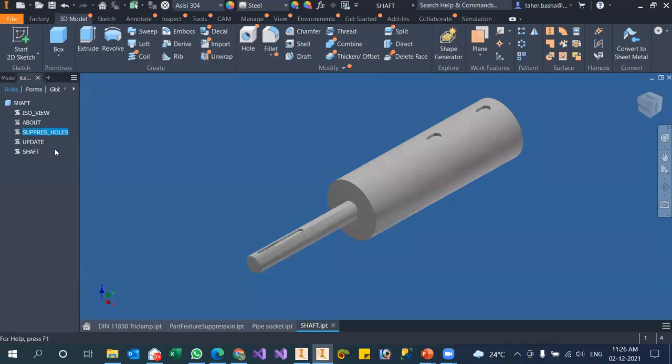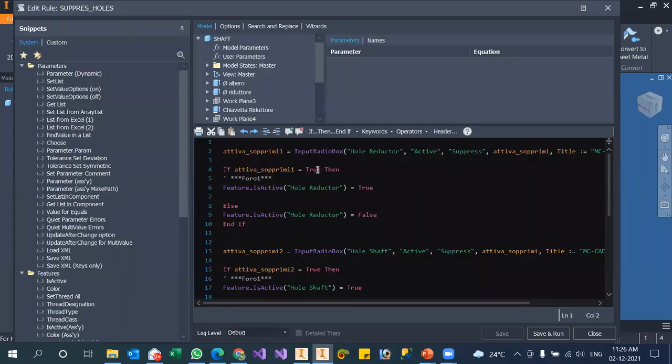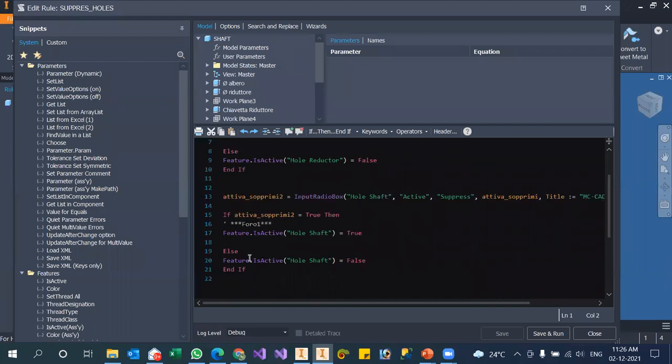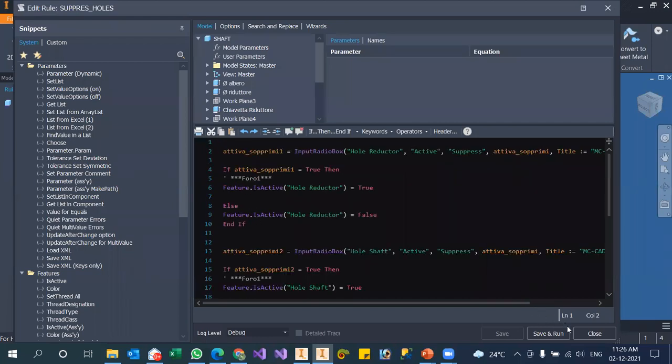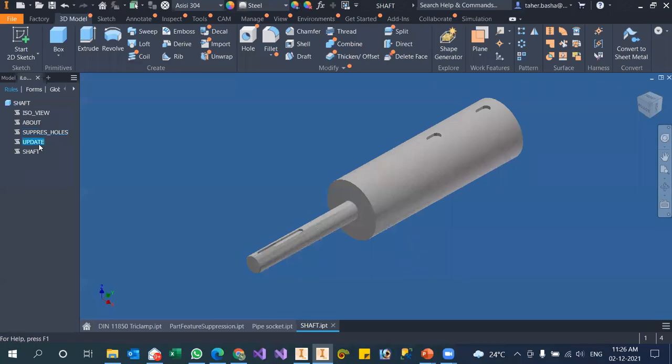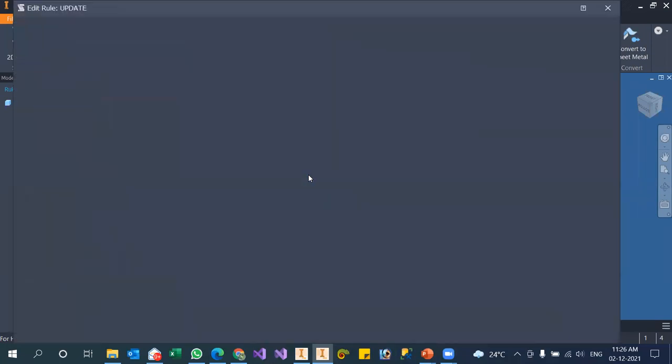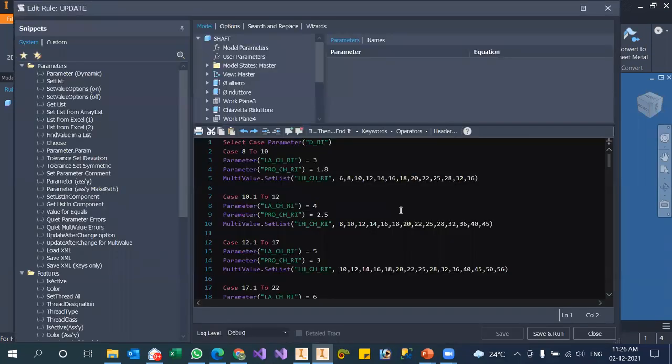And let me go for suppress hole details. There also you can see if this is happening equal to true, then do this one, suppress this feature. And this is happening, do this. This is happening, do this. So you will be using the if statement or if syntax most of the time. Means I can say 60 to 70% of the time you will be using if. So learning if syntax will help you to learn 40 to 50% of the logic.